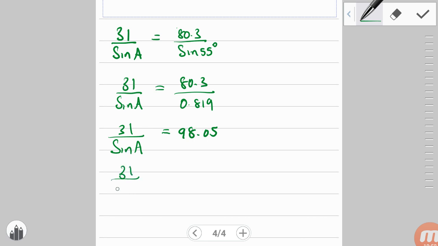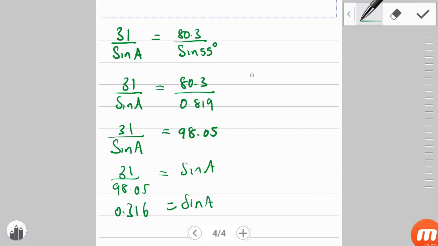That's 31 divided by 98.05, and that's equal to sine A. So sine A is then equal to 31 divided by 98.05, and we end up with